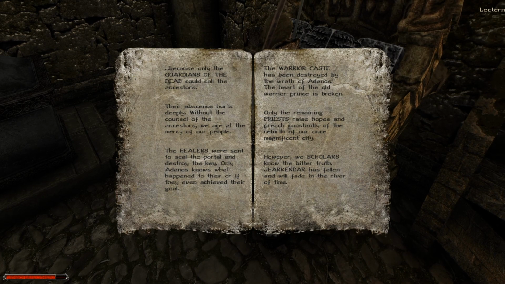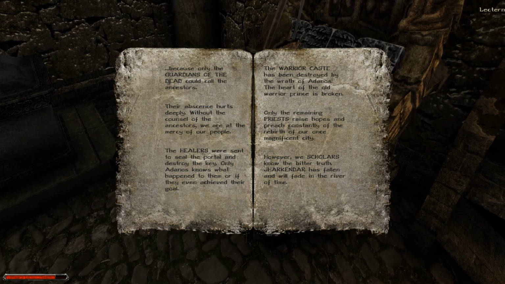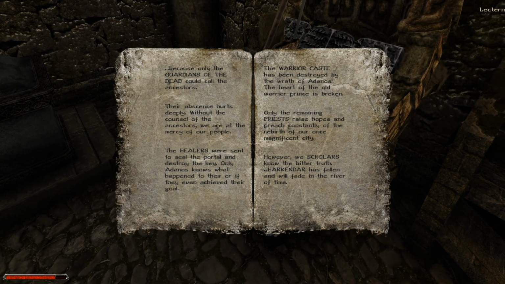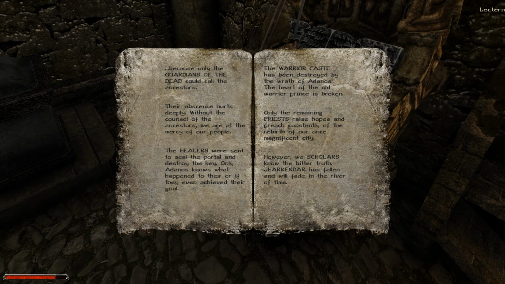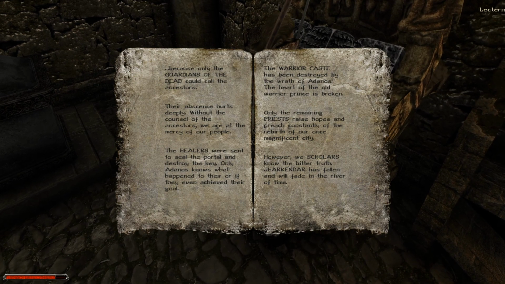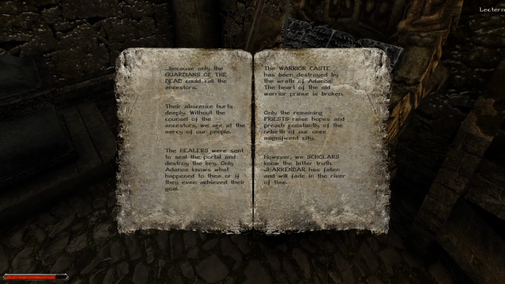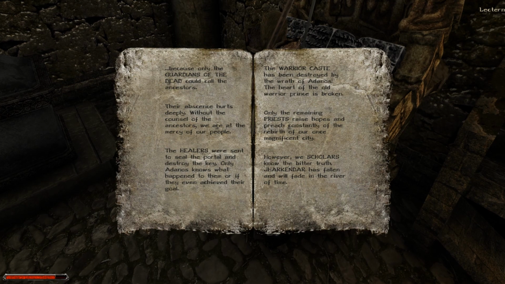Because only guardians of the dead could call the ancestors. Their absence hurts deeply. Without the council of the ancestors, we are at the mercy of our people. The healers were sent to seal the portal and destroy the key. Only Adenos knows what happened to them or if they even achieved their goal. The warrior caste has been destroyed by the wrath of Adenos. The heart of the old warrior prince is broken. Only the remaining priests